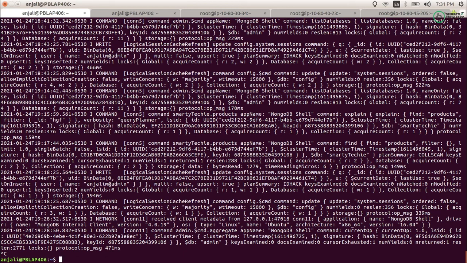So what about this? Just after enabling the profiling, the slow queries that are running on your server are going to be stored in a database. In that database, you can now query the same. So about profiling we will check in the next video. So these are all the things you can do for checking your MongoDB performance.